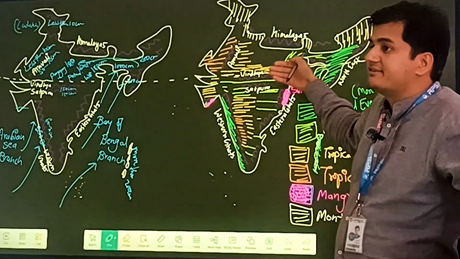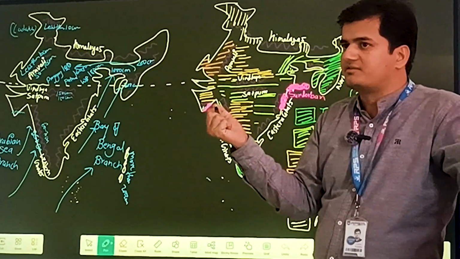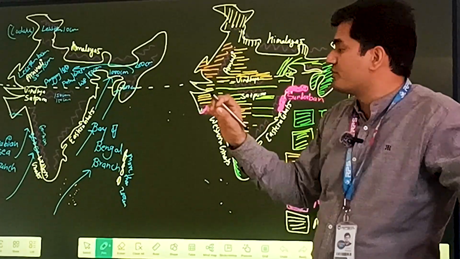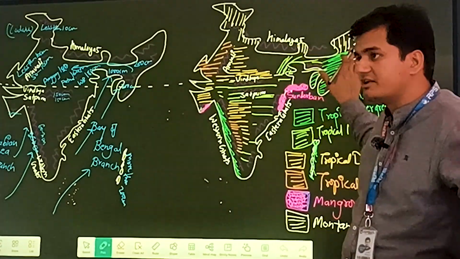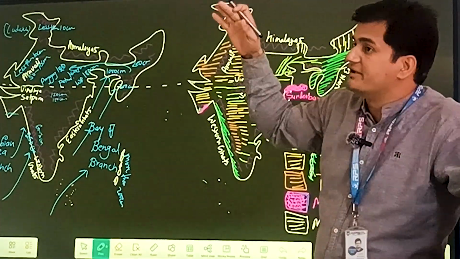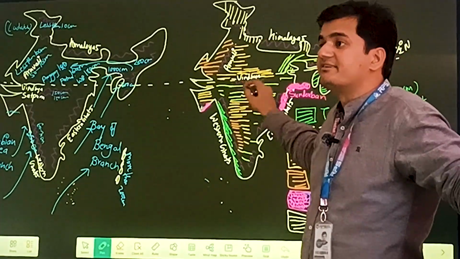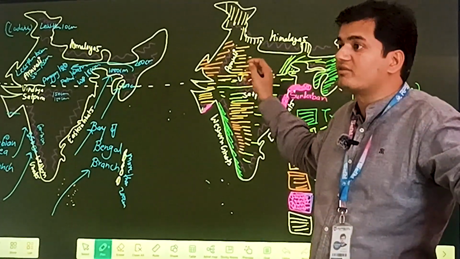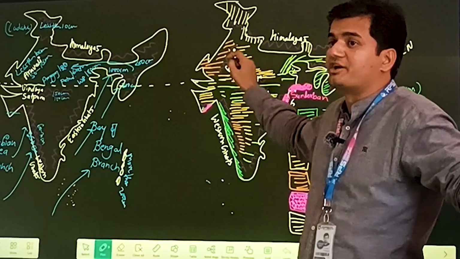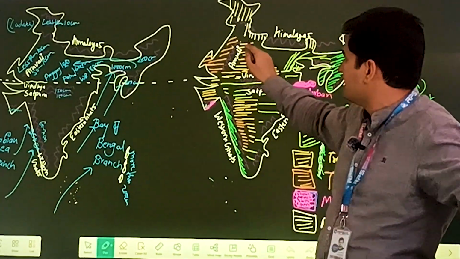Then these monsoon winds almost lose their moisture and get dry, because most of the rainfall occurs in these regions. So the moisture contained in these monsoon winds decreases. Here we can see the dry deciduous forest. Why? Because we have very little rainfall, around 50 to 70 centimeter of rainfall, in the east